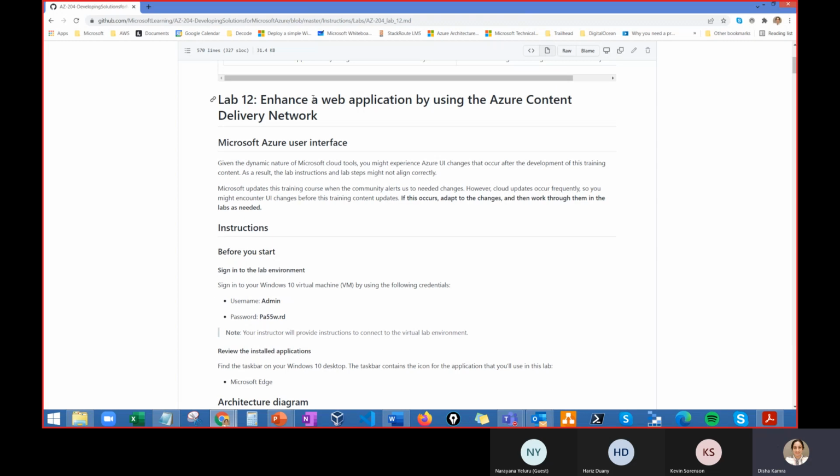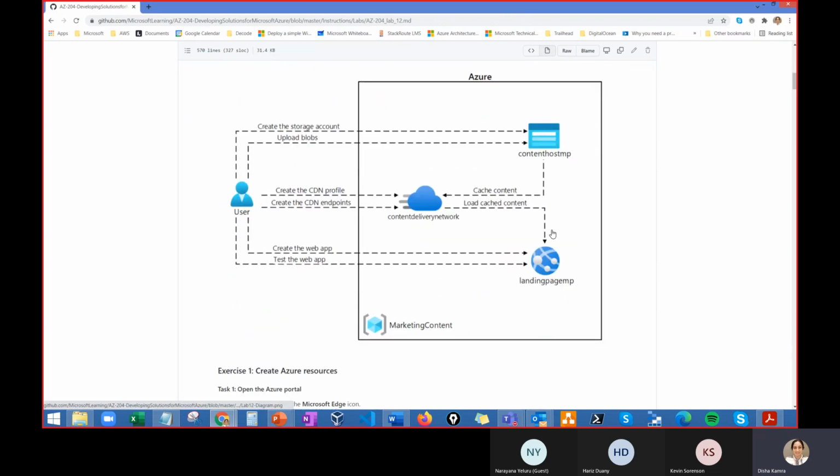What I have already done is create a web application using Azure Content Delivery Network. This is an architecture diagram. I had created a resource group with the name of marketing content. Within that, I had created a web application, which has a storage account with the name of content host MP. Even before that, I had created a storage account and uploaded some of the blobs in the container. Then I had created a web application using a Docker image, and there I had created a CDN profile and created the CDN endpoint, which is caching the content from the storage account